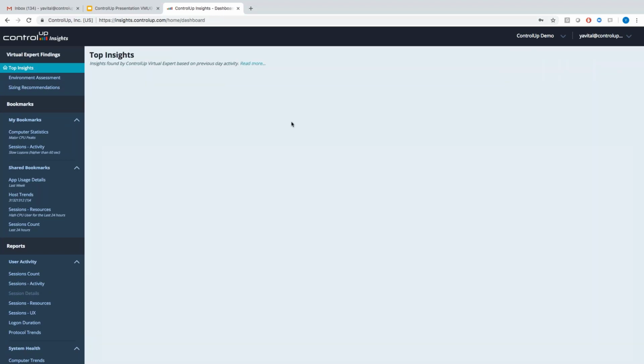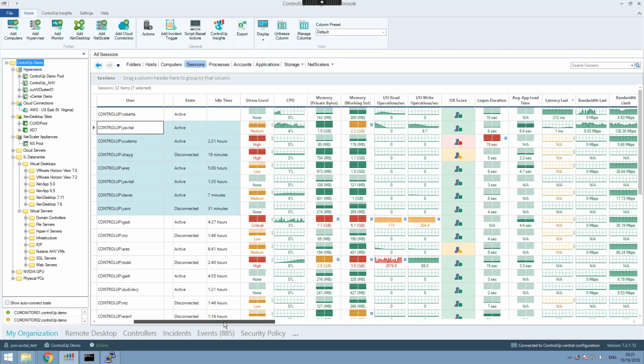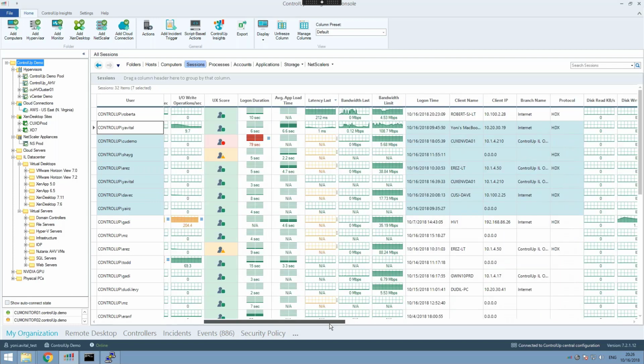Okay, so moving back to the real-time console here. As mentioned, ControlUp is a great platform for optimizing and monitoring user experience. Let's see what we have here. Obviously we list all the sessions. As you saw before, we monitor live CPU, memory and I/O usage, but I'm now going to focus on the